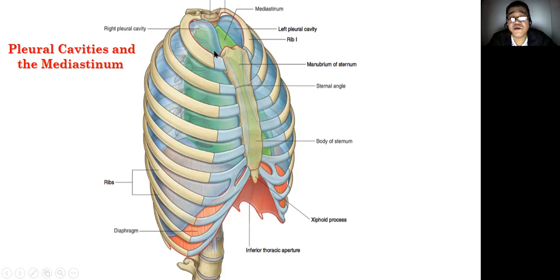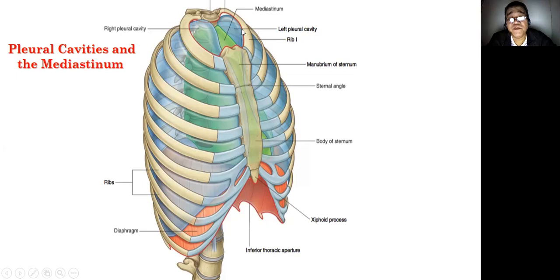It also contains the trachea and the esophagus, the nerves that supply the diaphragm, such as the phrenic nerve. It also contains the vagus nerve. Lateral to the